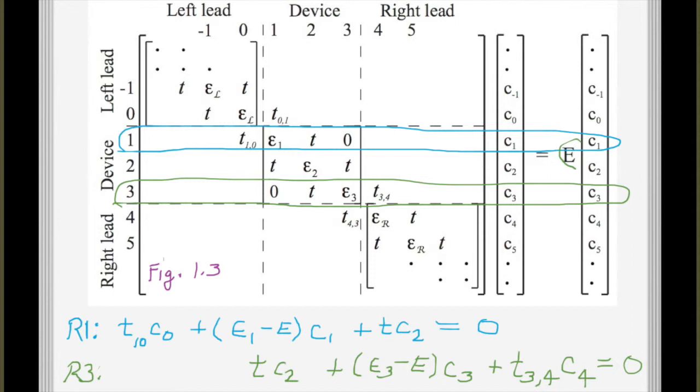And as I said, we just want to solve for C1, C2, and C3. That's all we care about. But the equation for C1 couples to C0, which is that semi-infinite region. And the equation for C3 couples to C4, which is the other semi-infinite region. And so if I write a new equation for C4, that couples to C5, et cetera, et cetera. So it's just an infinite hierarchy of equations, so you have to figure out how to truncate somehow. And the way we did that